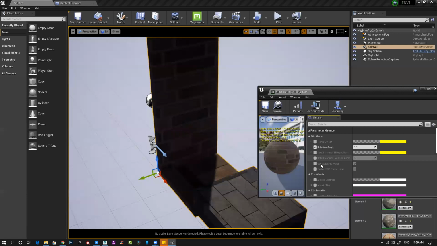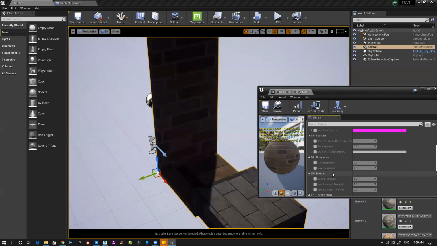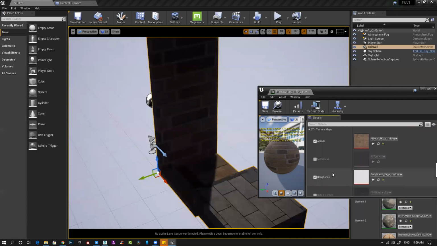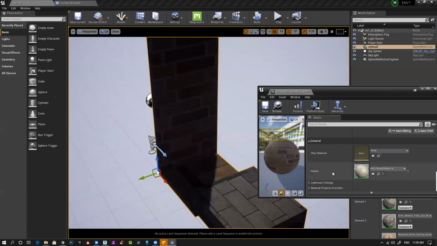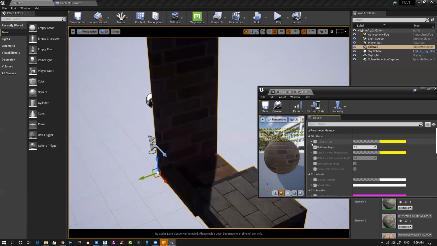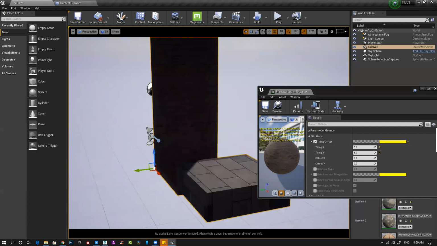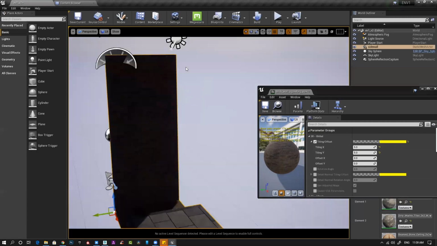I don't want angle rotation with the normal tiling offset. Where is my actual tiling? Here. So maybe you can make it 5 by 5. So I got a nice detailed tile.